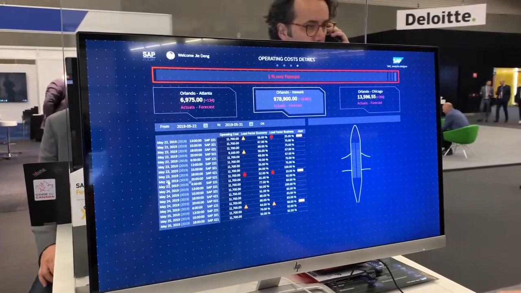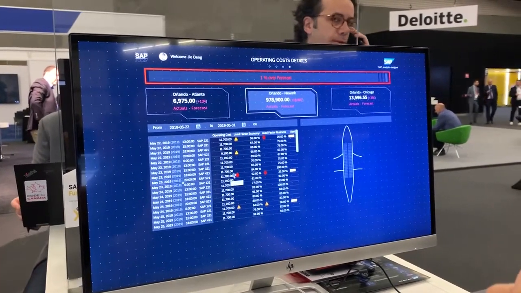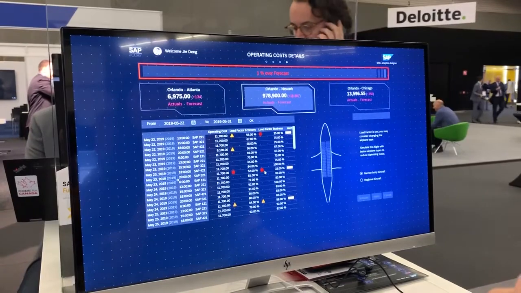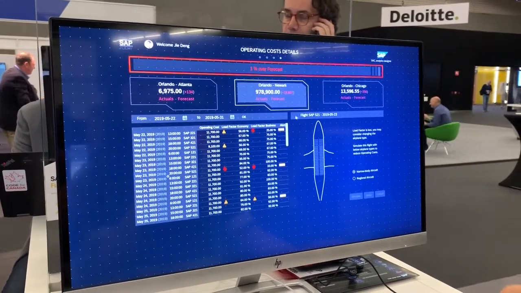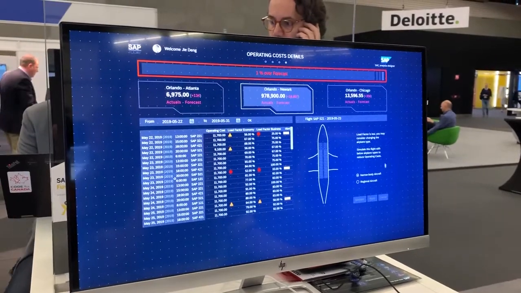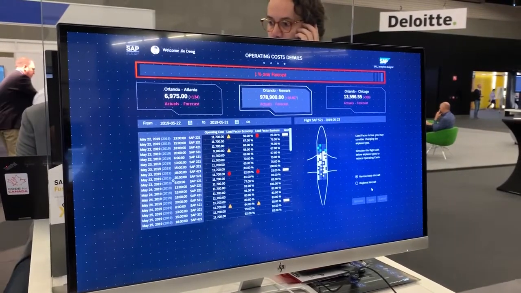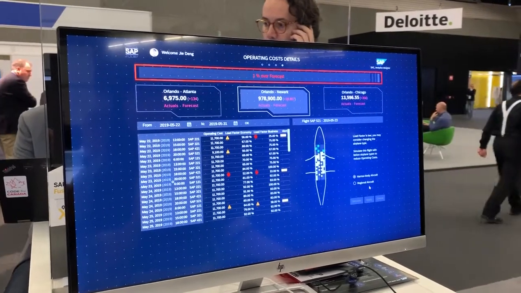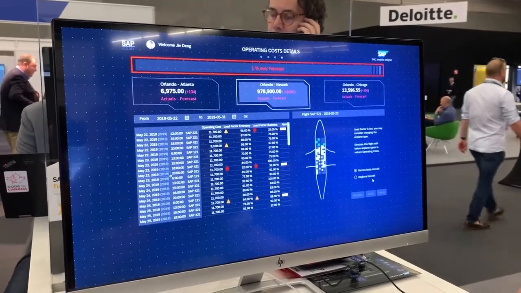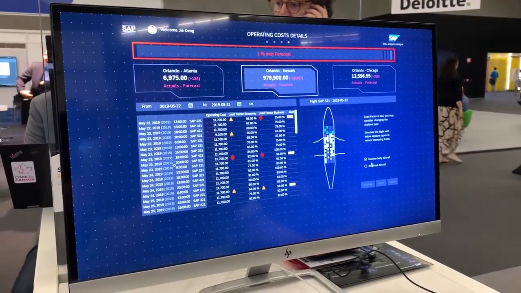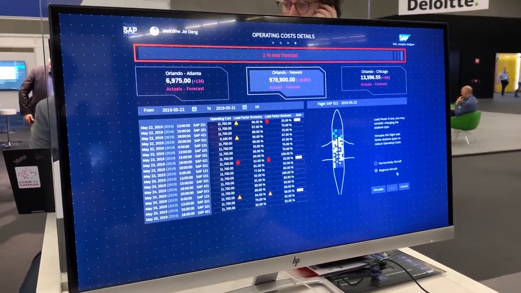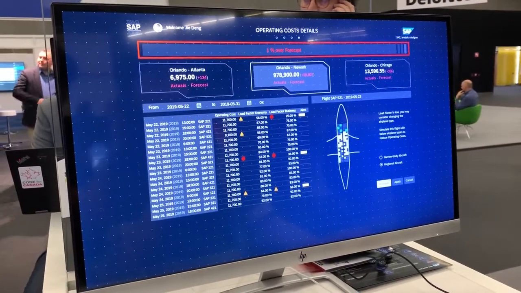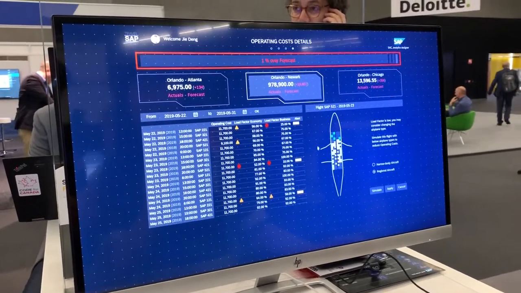For example, this flight has a very high operating cost and a very low load factor. So I select this table line, and then we see the flight information. This information is also coming from the S/4HANA backend system, triggered by an OData function call. Then we have the option to switch to the regional aircraft, click on simulate, and then we see the